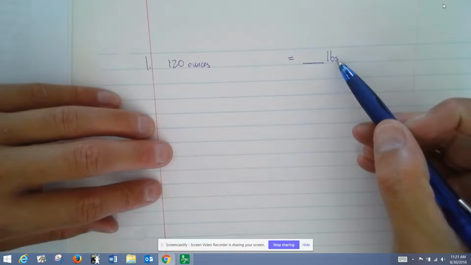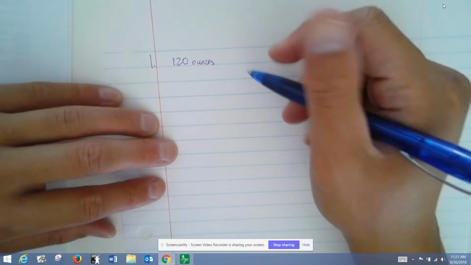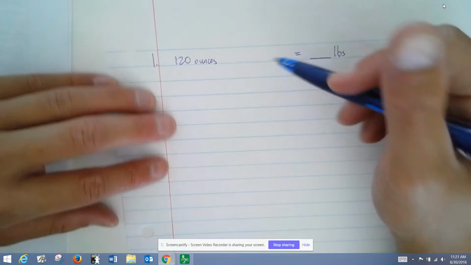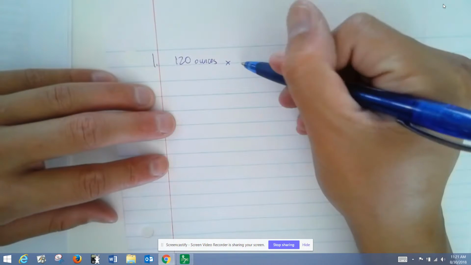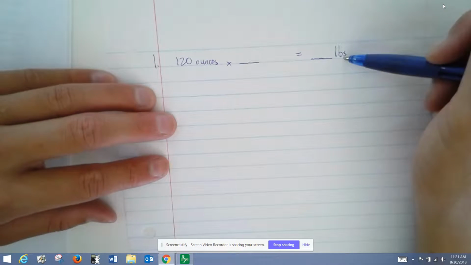So let's go ahead and convert. That's the abbreviation for pounds. Not sure why it is that way, but anyways, 120 ounces to pounds. We need to multiply this by some kind of conversion factor that goes from ounces to pounds. So if we look at the back of your packet here,